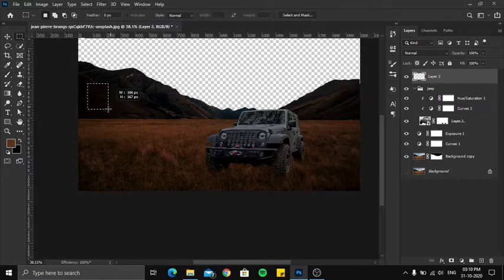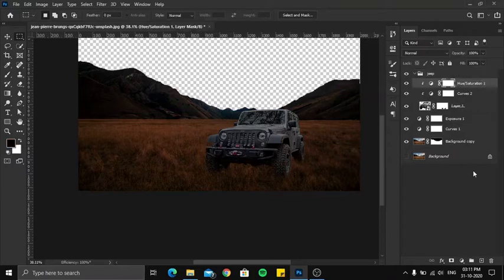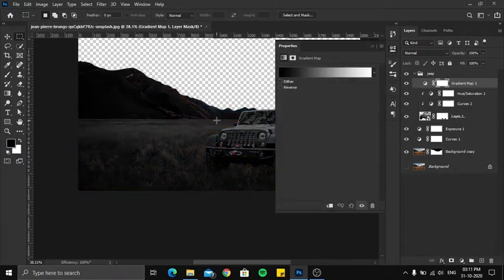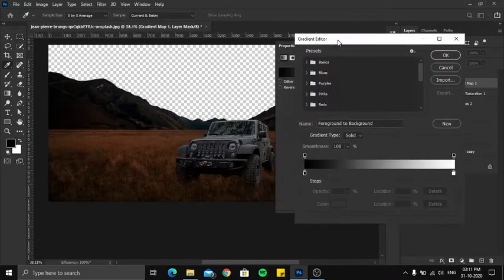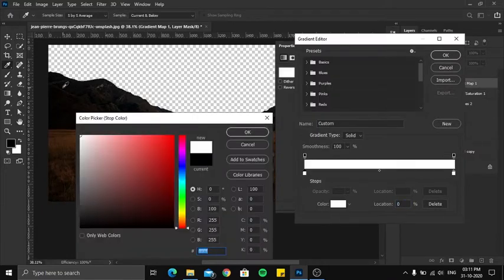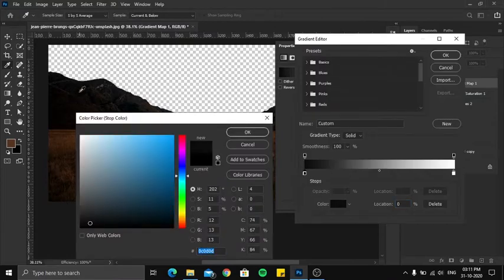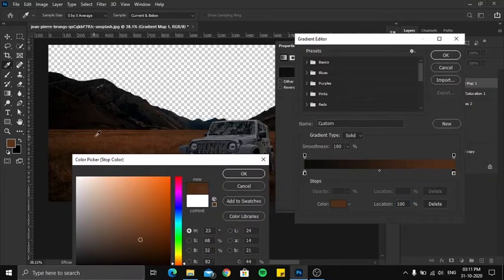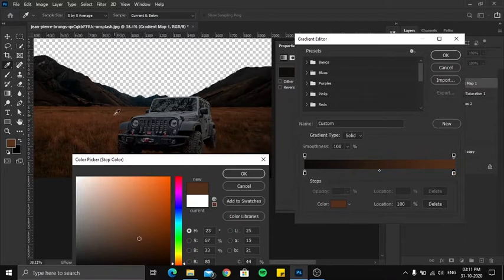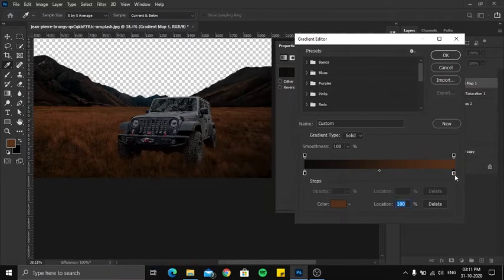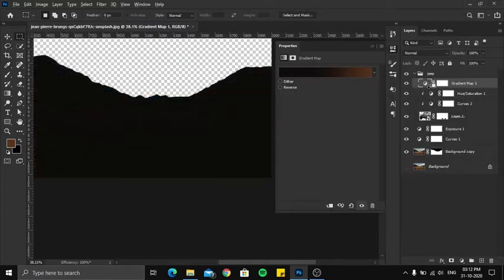Now to map the color of the background to the image, I'm gonna use a tool called gradient map. Click on the adjustment icon and click on gradient map. As we all know, gradient map is used to map the colors of the highlights, midtones and shadows. So go to the gradient and choose the color of the background of different areas like highlights, midtones and shadows. You may choose as many points as you want, but I'm gonna go with 2 as it is a pretty simple image and it's not gonna take much effort. And reduce the opacity so it looks natural.